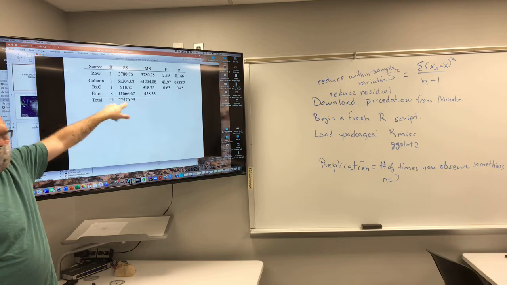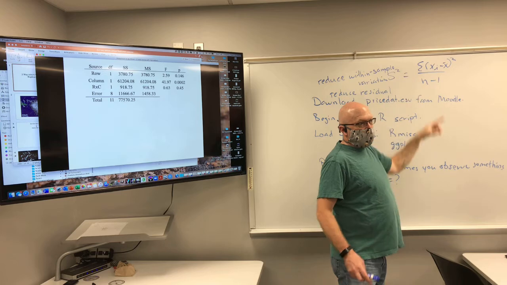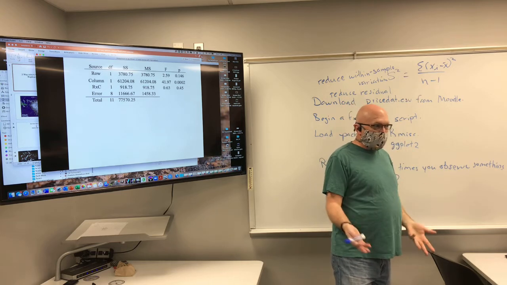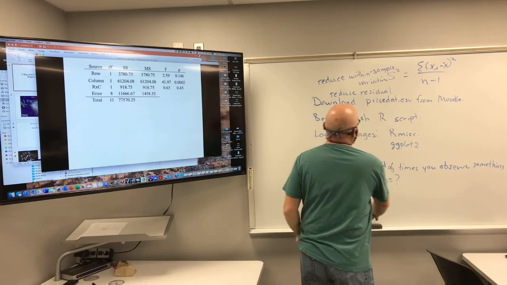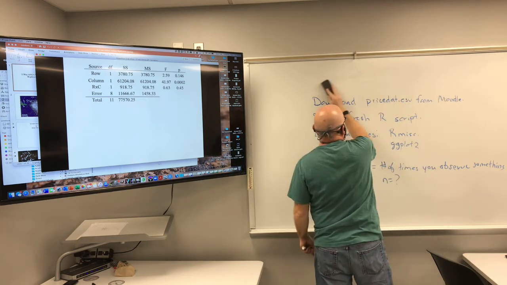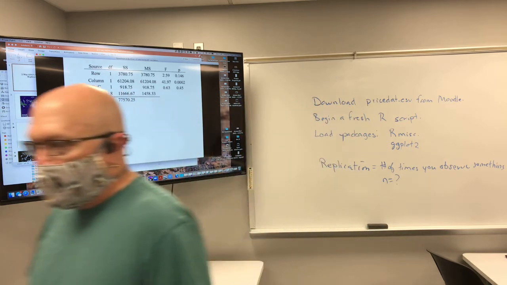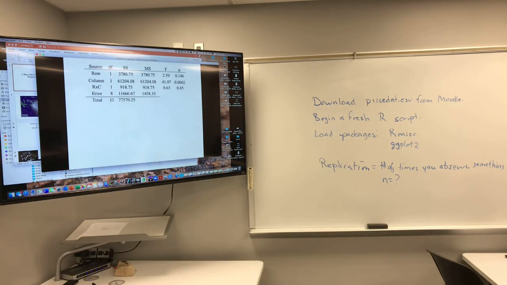This residual term, remember, is just the sums of all of the within sample variation for all of the different subdivisions of your data. And so that's one of your goals. The degree to which you can do that is the degree to which you'll have the statistical power to detect differences when differences occur. And so that's all well and good